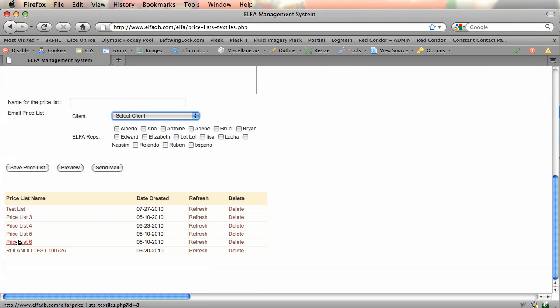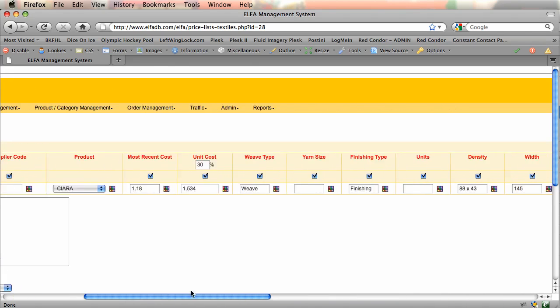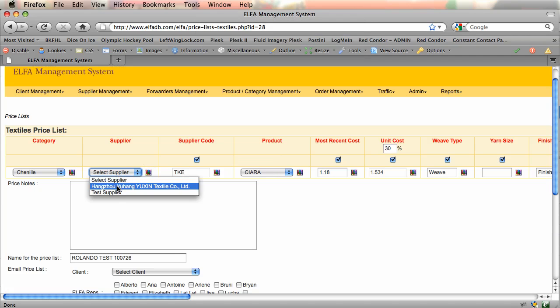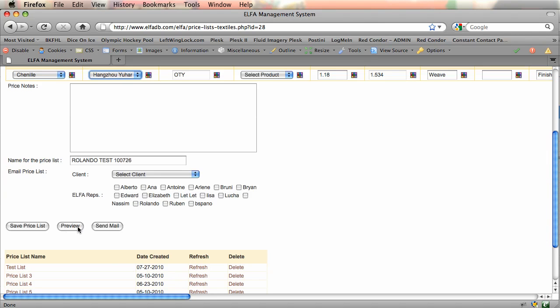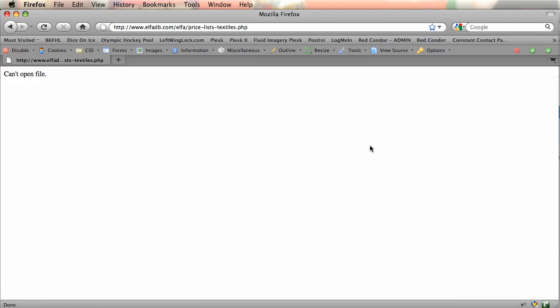You'll notice there are previous price lists here going down, and if I select one of them, you'll notice the detail for that price list is here. The purpose of it is so that you can go ahead and print this in a preview option, which I'm going to choose the particular supplier so you can see. But if I choose it, oh, I don't have any kind of product entered. So if I wanted to preview it, it allows me to export it into an XLS, which is an Excel file. So if I say OK here, it won't allow me to do it because this is an older file,